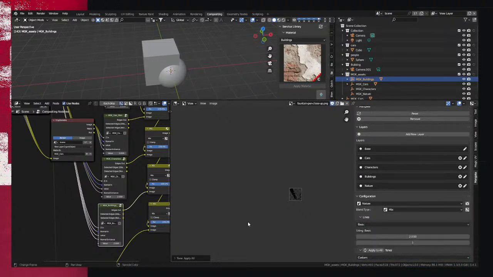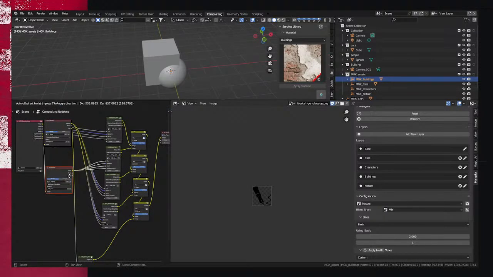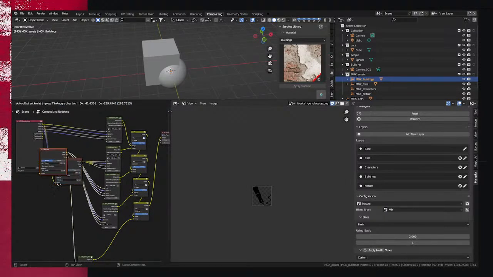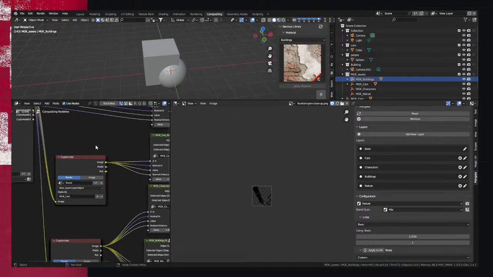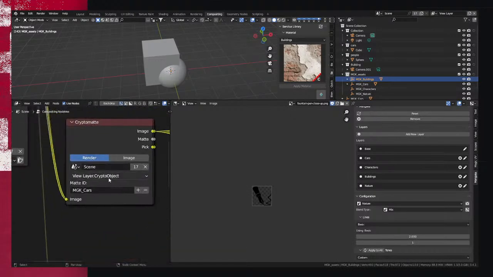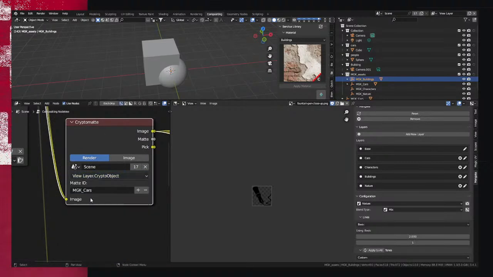So I think that's almost all of it. And well, you will have a Cryptomate node also for the different layers, and as you can see, it is based on